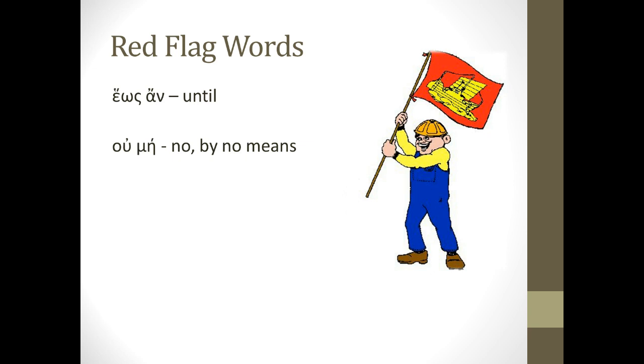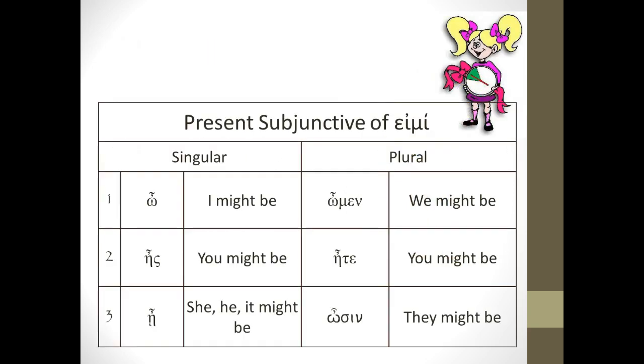Now, as you've been learning all your verbs throughout this class, every time you learn something new about a verb, it often means a new set of verb endings. And that's going to be no different in this chapter, but I think you'll discover that this chapter is going to be a little bit easier for you than perhaps some other ones. Let's look at our verb endings, not actually with a paradigm of luo right away, but let's take a look at the present subjunctive of eimi.